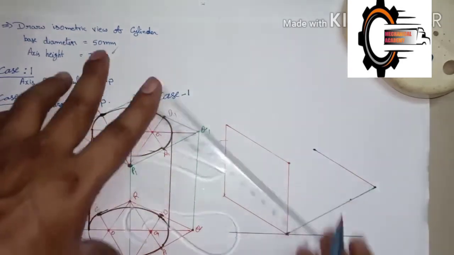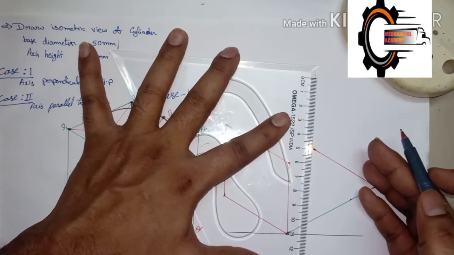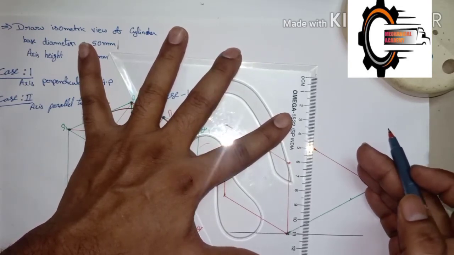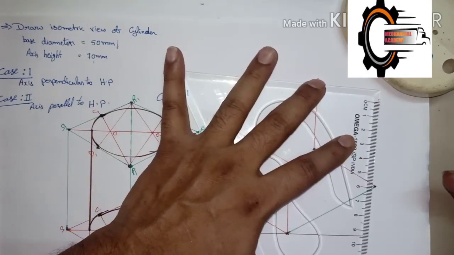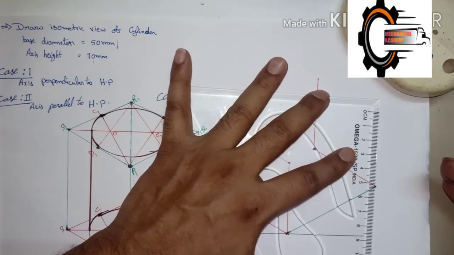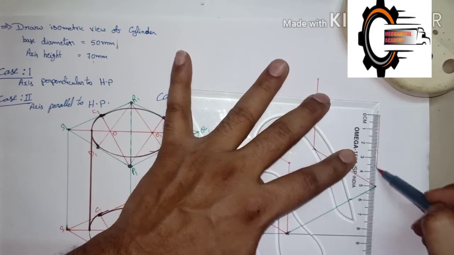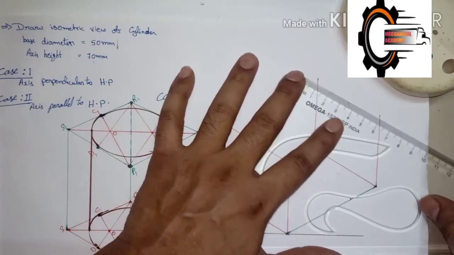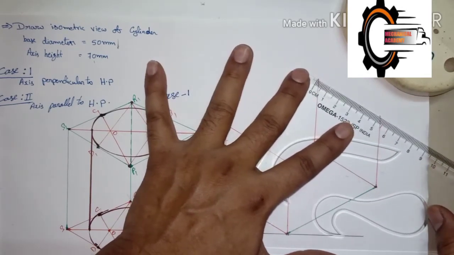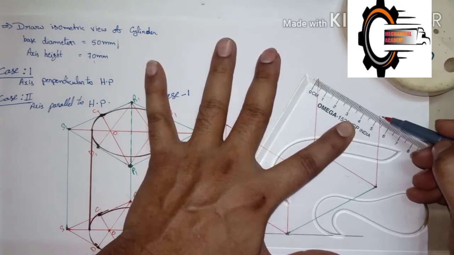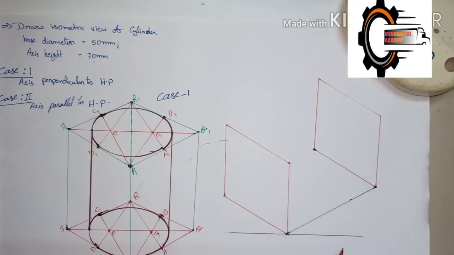Now from here we will draw another perpendicular line, which is 50 mm. From here we draw the 50 mm. So similarly from here also we have to draw the 50 mm. Now join these 2 points. See, the dimensions here are also the same, 50 mm. Okay, we have both sides.